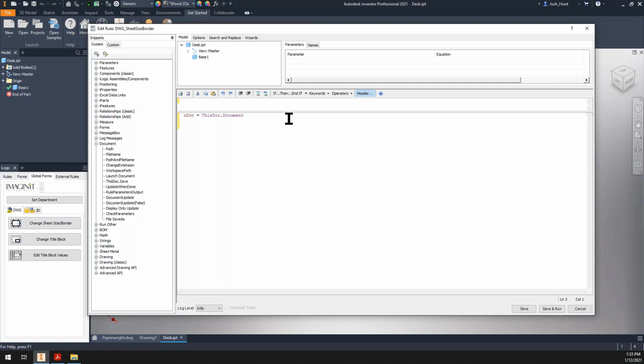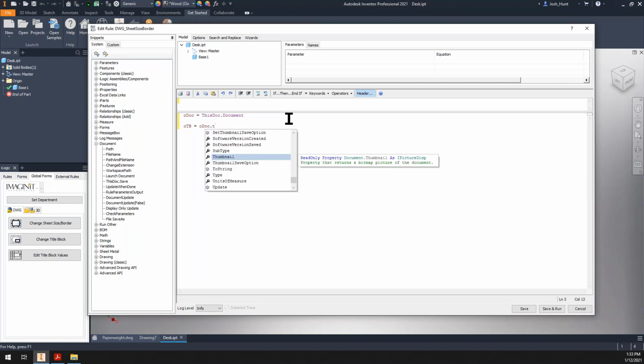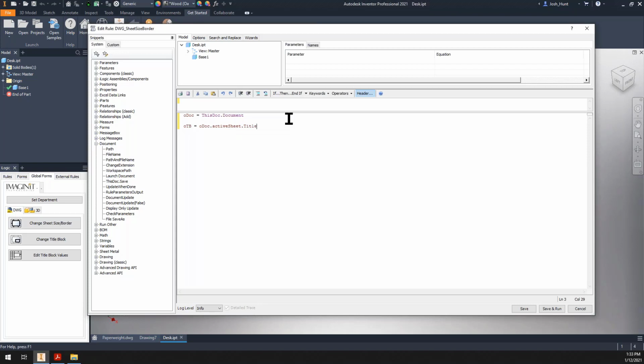Next, I need the title block. So I need that ODoc coming up there, dot, active sheet. Dot title block. Unfortunately, the IntelliSense isn't really perfect. It's not going to come up with everything all the time, but a quick way to verify whether you've done this or not